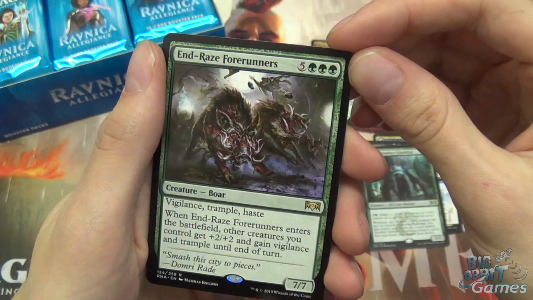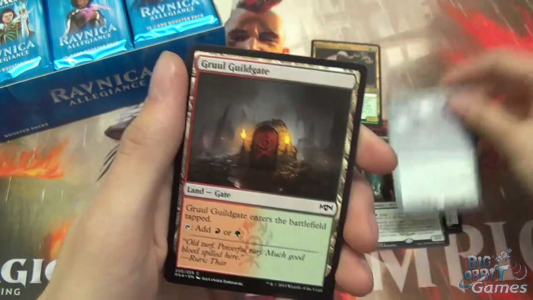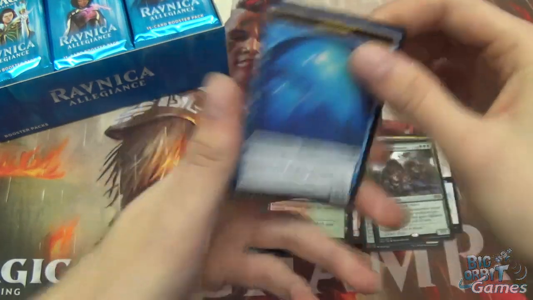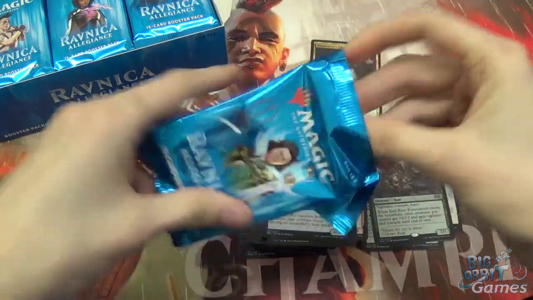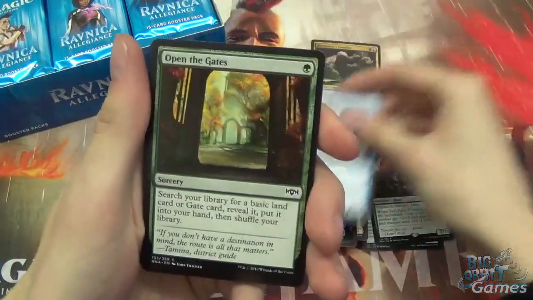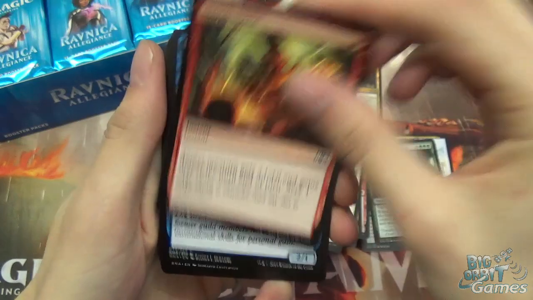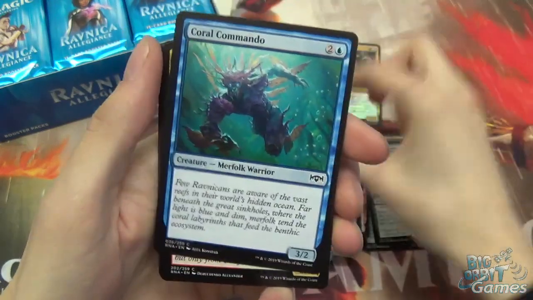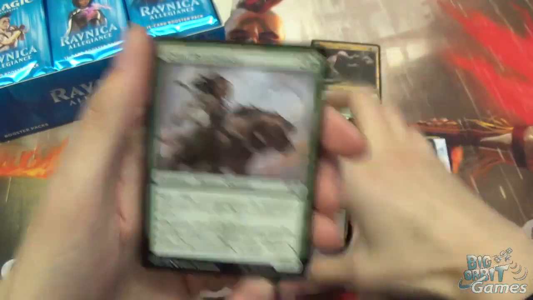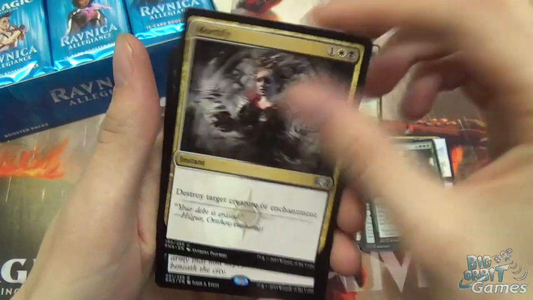When End Raze Forerunners enters the battlefield, other creatures you control get +2/+2 and Vigilance and Trample until the end of the turn. Gruul Guildgate and Illusion Token. Then Fairy Duelist, Open the Gates, Hazda Officer, Undercity's Embrace, Storm Strike, Sage's Row Savant, Applied Biomancy, Gruul Locket, Coral Commando, Rubble Belt Runner,